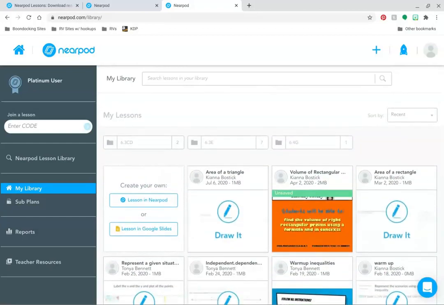So going through, I have some folders with my standards on them. To make a folder or even to make a new Nearpod, you just click the plus sign. You can create a lesson in Nearpod. You can create a lesson in Google Slides, which would be very similar to how you would make lessons in Pear Deck. You can make a folder,